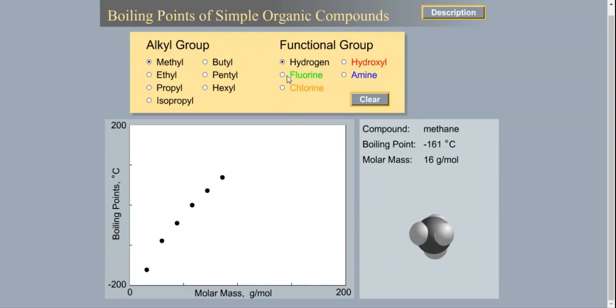If I now change this and I have a haloalkane, I can choose between fluoro or chloro. If I add now a fluorine, the mass increases a lot more, because fluorine has a much greater mass than hydrogen. And so you can see there's an increase, that it's nearly the same boiling point as ethane, even though it's a fluoromethane. And that's because there is an extra mass. It's now 34, and it is also a polar molecule, and therefore you would also have the permanent dipole forces